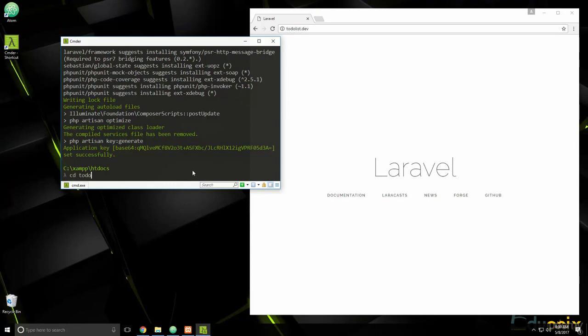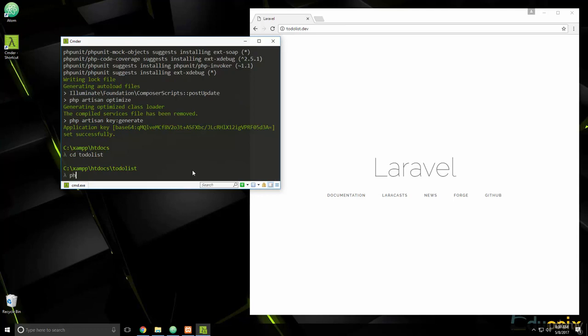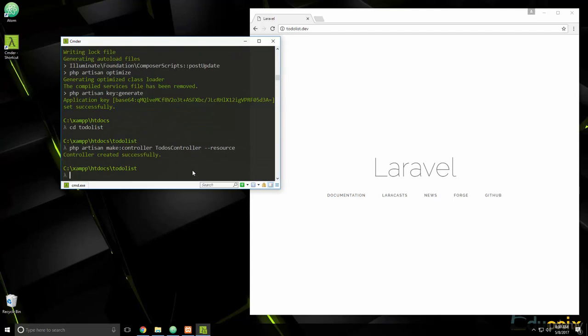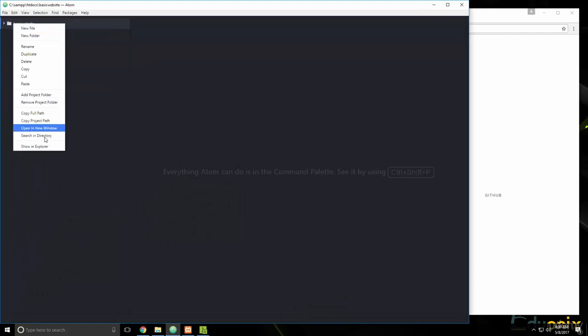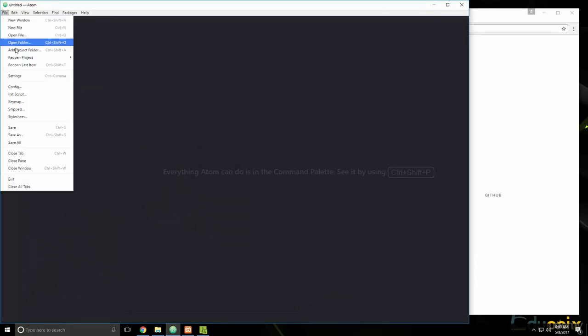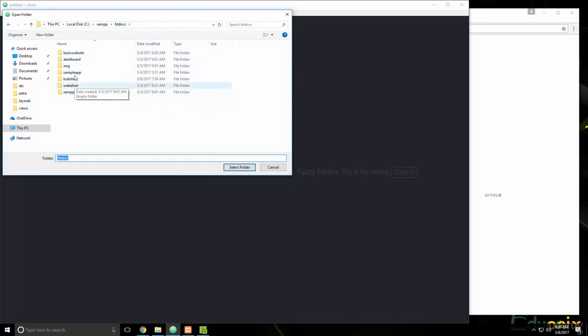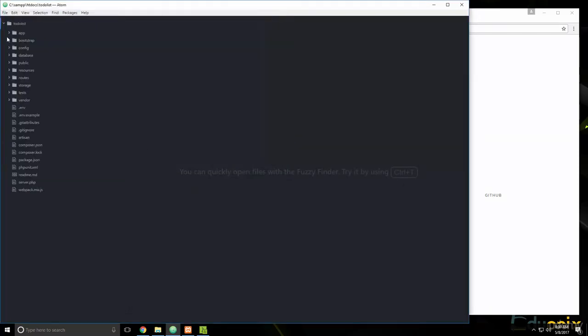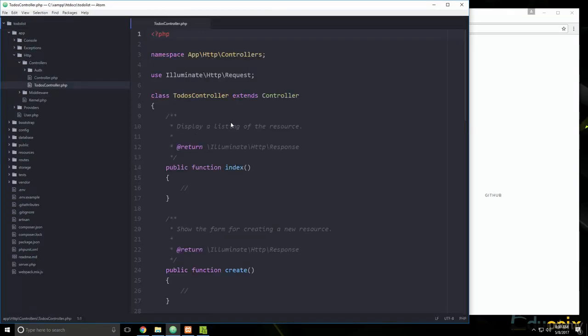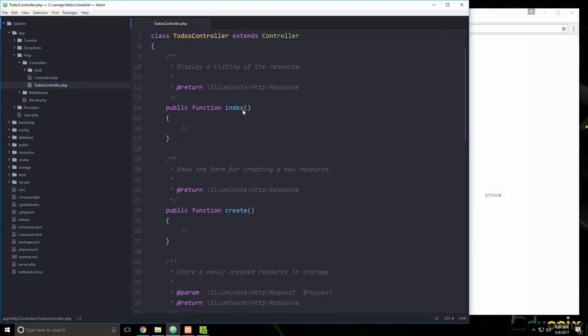So we're going to say cd todolist, and from here let's do php artisan make:controller TodosController --resource. Alright, and I'm just going to open up Atom, and let's see, we're going to get rid of this, and we're going to add the new folder. Okay, and now if we go in app, Http, Controllers, you'll see there's a TodosController, and what that resource flag did is it created all these